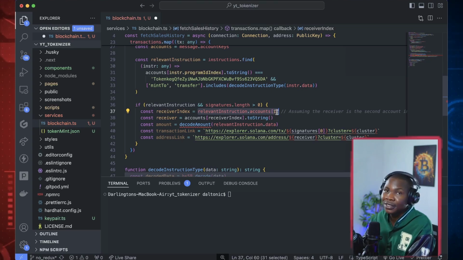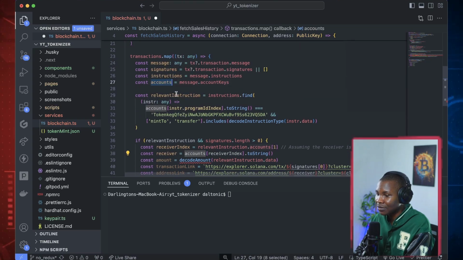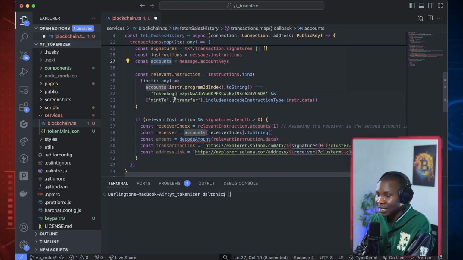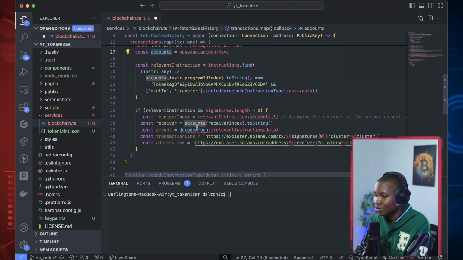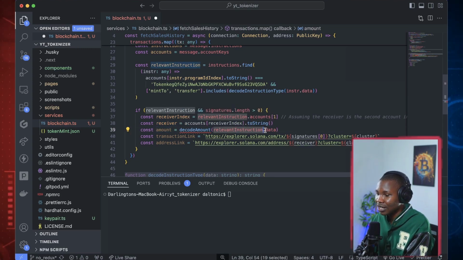So when you're buying a token, whoever is receiving this token is the receiver. This is the index that is responsible for that. Then we're grabbing the receiver public address out of that. So we're calling on this account, the accounts here, which are part of those people that signed, that were involved in that transaction, and then we're passing this receiver index, and we grab the string version of this, the receiver. And then the amount, we need to decode that because it is in this relevant